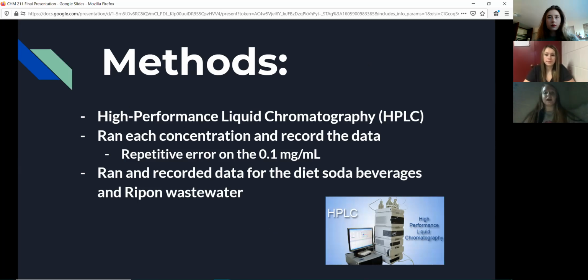The method of our lab consisted of using high-performance liquid chromatography, previously mentioned as the HPLC instrument. The HPLC works with a high-pressure pump that is used to generate a flow rate. This allows using much smaller particles for the column packing material to have a greater surface area for interactions between the stationary phase and